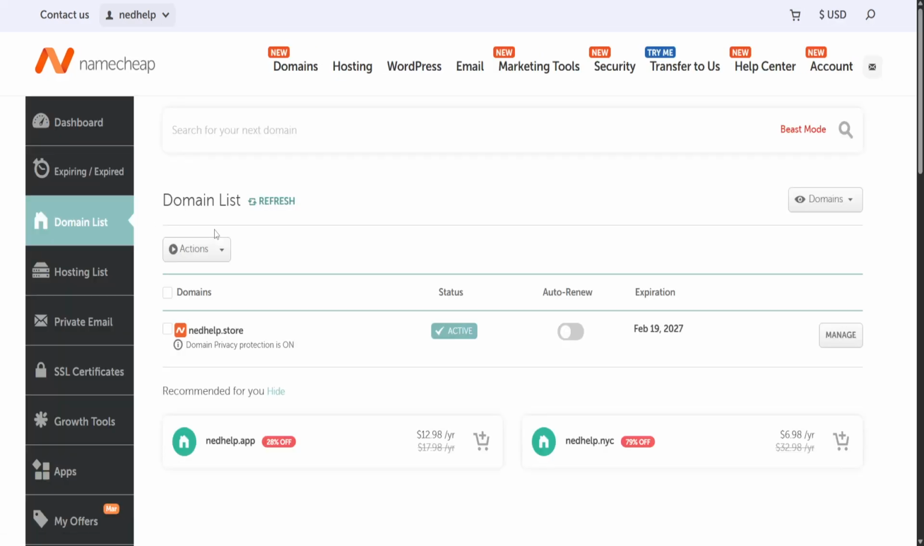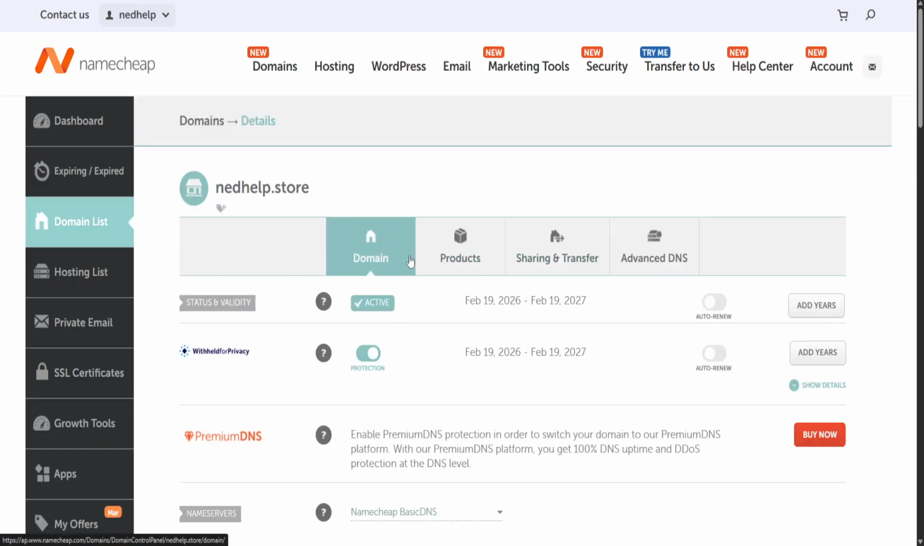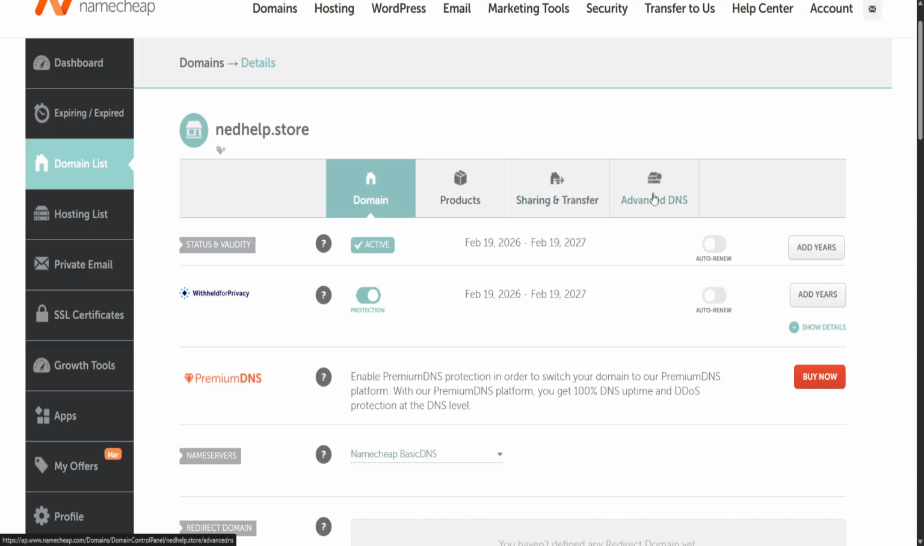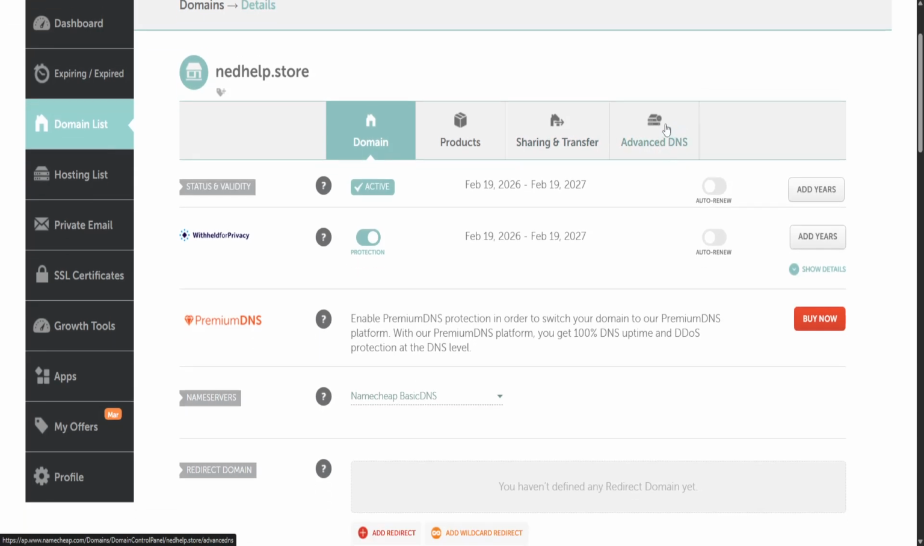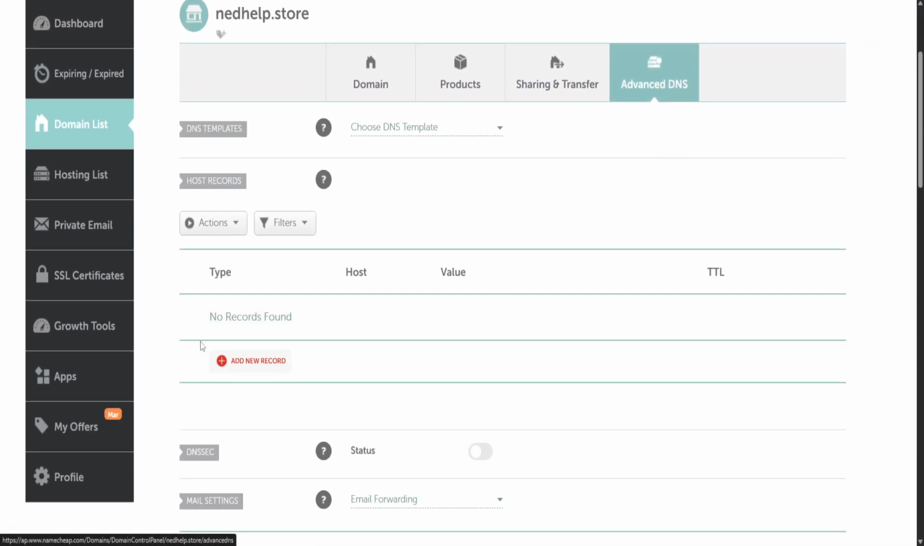And once you select domain list, find the domain which you want to create a subdomain for and click on manage to the side here. Once you select manage, we will need to go into the advanced DNS section. Click on advanced DNS, and once you click on advanced DNS, underneath the records here, we're just going to click